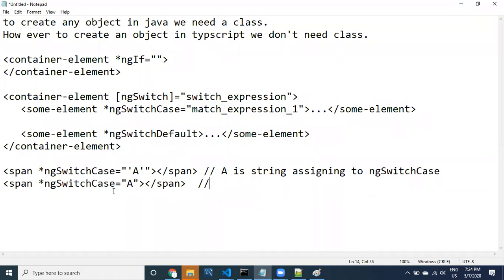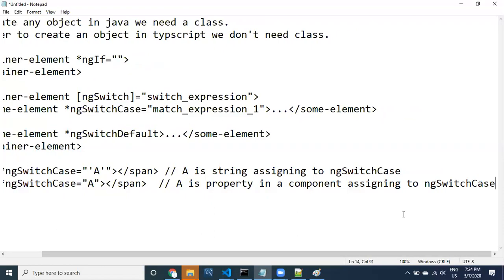Now, if you provide a directly without single quotes, what does that mean? Is a a property in a component? A property in a component is being assigned to ngSwitch.